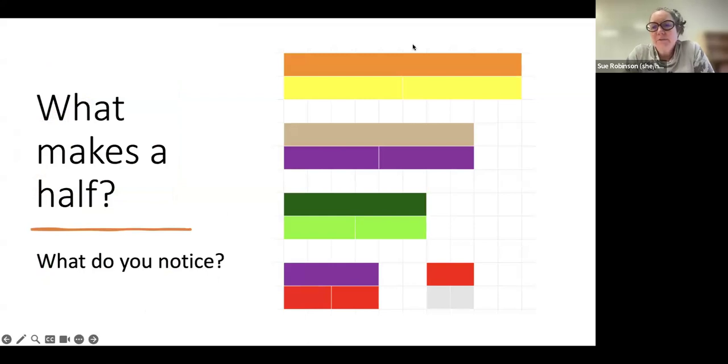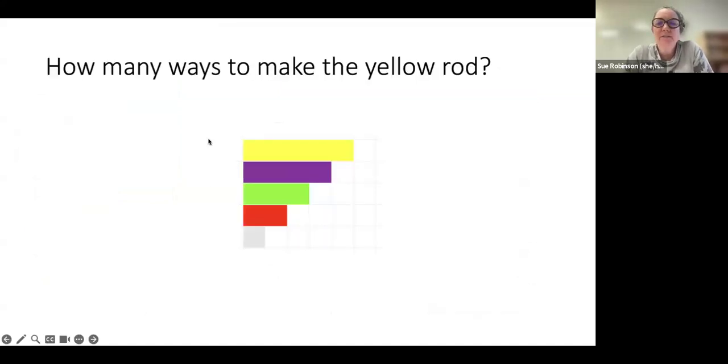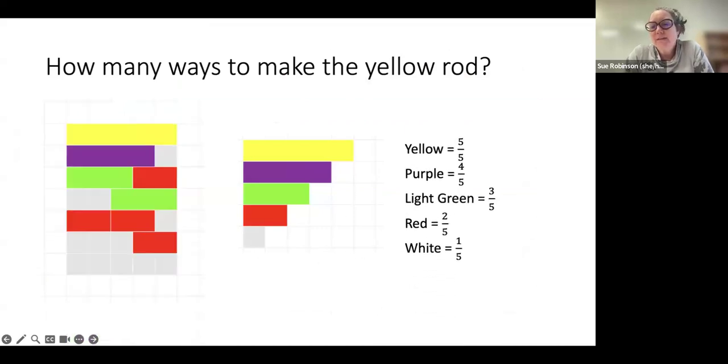Okay, and then here I've just organized. I think I'm going to skip through some of these slides. I mean, here's just what I did when I was making halves. The next question is about how many ways to make the yellow rod, and you can move into looking at introducing